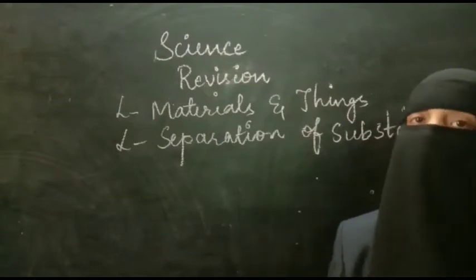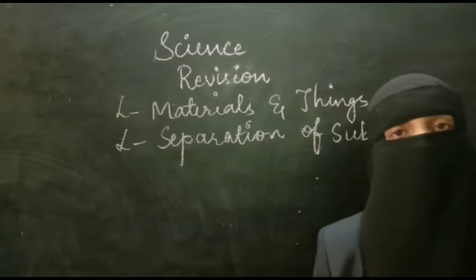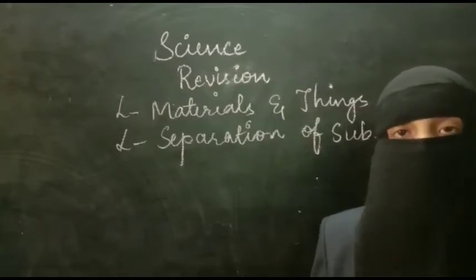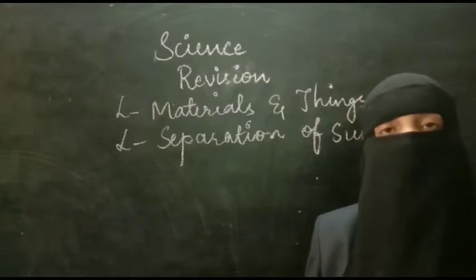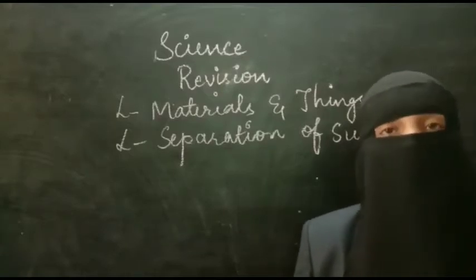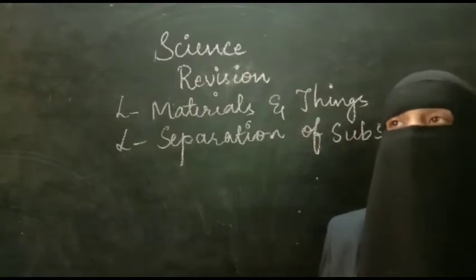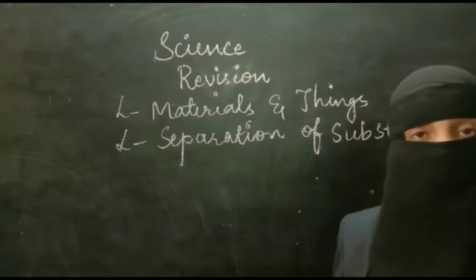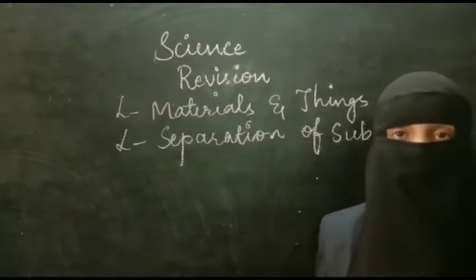In this lesson you have learned first about mixture. What is mixture? Define mixture means you have to write the definition. The combination of two or more substances is called a mixture. That you have learned, and then you have learned how to separate mixtures, what kind of method is used for what kind of separation. If you want to separate salt from salt water, crystallization will be done. I have explained the activity completely, and you have to see the apparatus required for that.